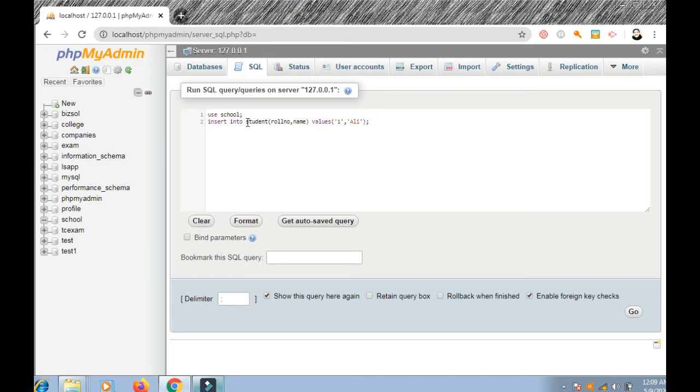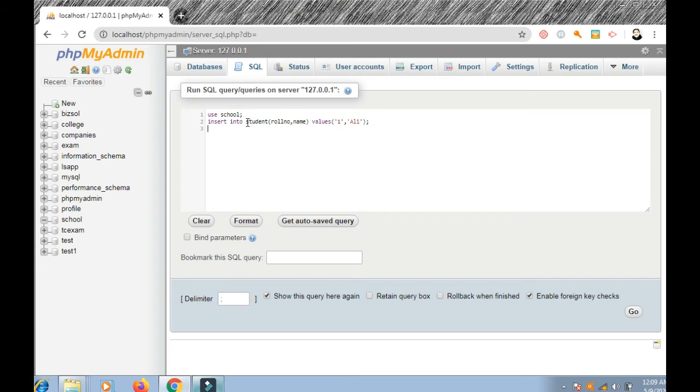Okay, why we use relationships? What is the reason? To avoid the duplication, to have easy manipulation of the records. A record is a row. For example, this is one row, 1 Ali, this is one row. One row is inserted. There are 2 columns in that row, that is roll number and name. And this is third normal form because roll number identifies all the columns, name and roll number. Okay, so there is one unique key. So this is third normal form. We should not use two unique keys.